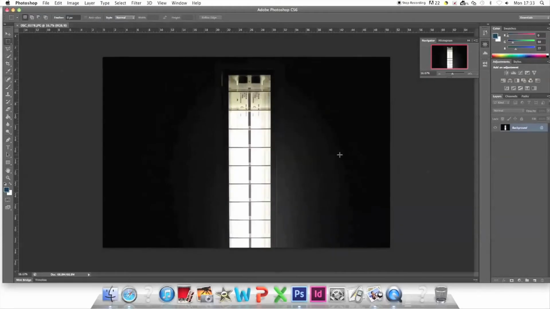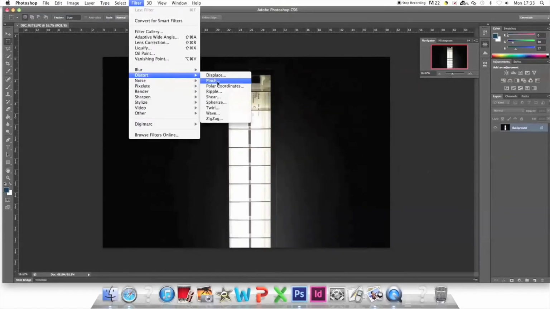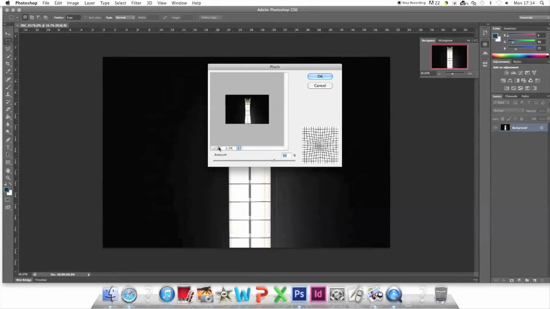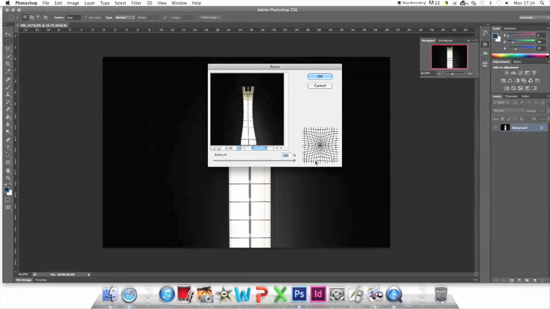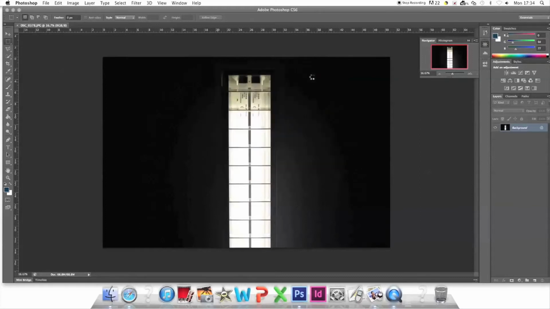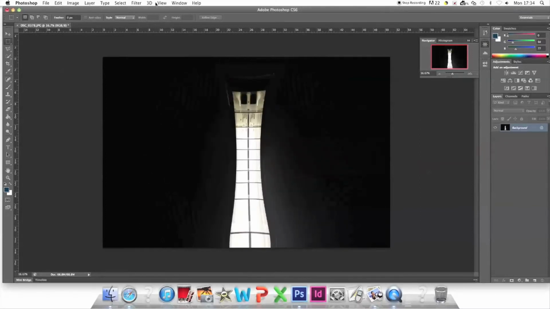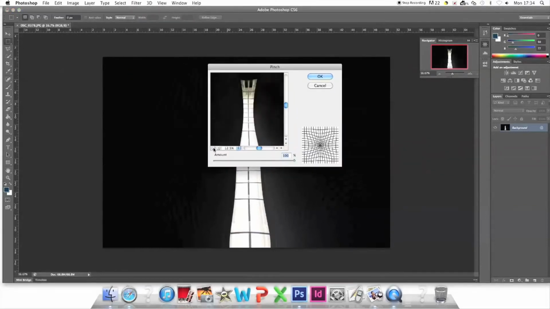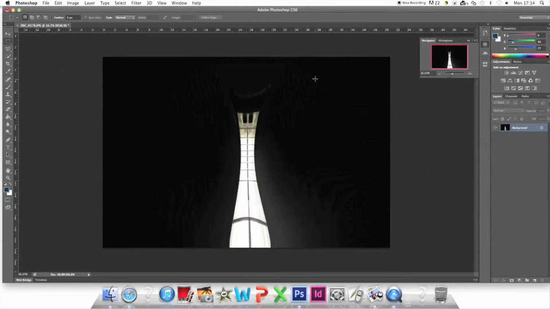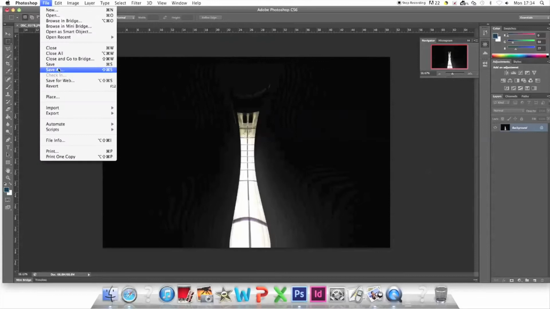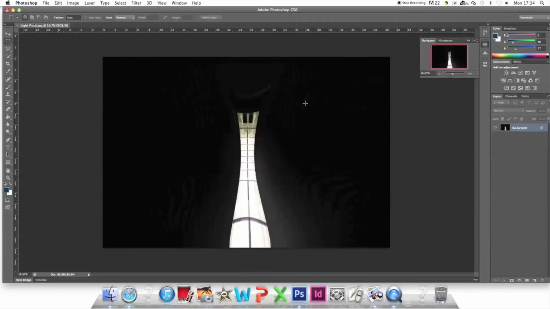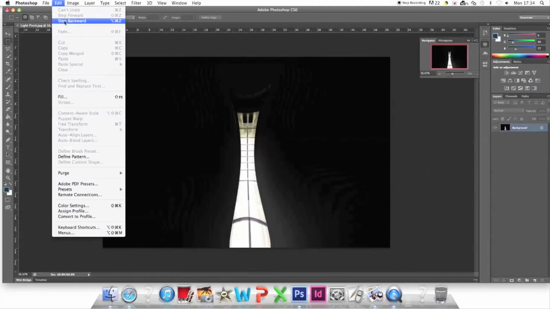Go to Filter, Distort, and Pinch. Pinch squeezes in or out like a sponge, so when you come to use it, really take advantage of this pinch tool. If at first it doesn't look pinched enough, then use the filter again. Filter, Distortions, Pinch. And pinch it in again 100%. Once we're happy that it looks like a pinched light, then go to File and Save As, and save it as a light pinch. At this point, we need to use Edit Step Backwards twice, and this will restore the